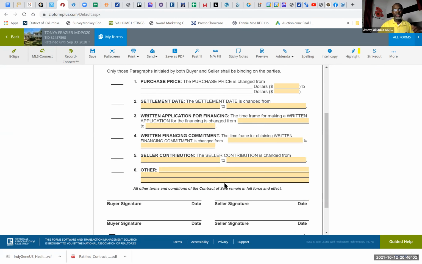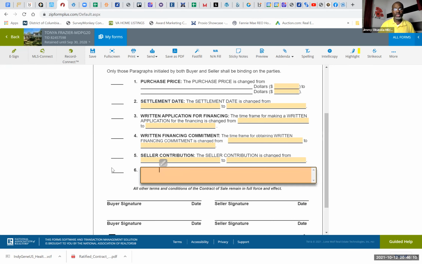Seller contribution: we didn't ask for it before, now we're asking for it. They want to give it, they don't want to give it, you can use it. The last one says other. Right here, the other is what you're going to use. So you can simply type in here, buyer and seller agrees to have